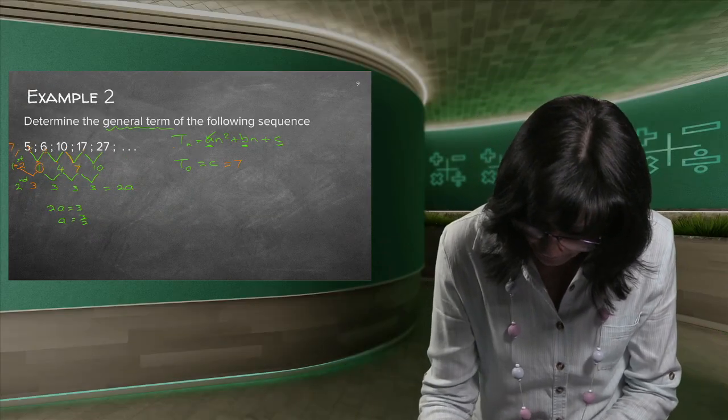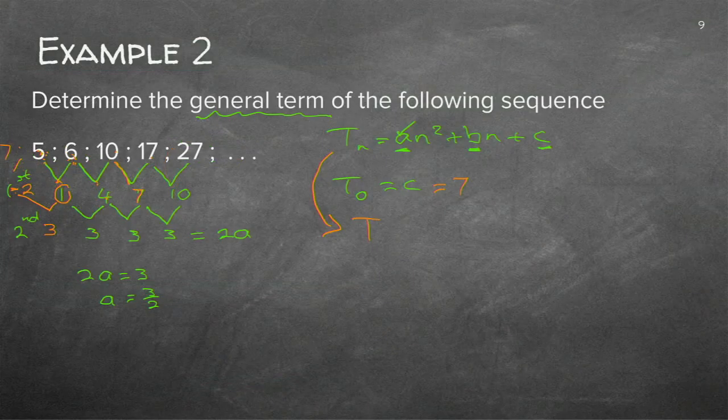So I'm going to take that formula there. I'm going to say Tn, the A was 3 over 2. The B I still don't have, but the C I have, plus 7. And the minute I've got one formula with one unknown in, I can solve it if I use term 1. Remember, I can use any term. I prefer to use term 1. So term 1 will be 3 over 2 plus B plus 7, because remember, you're making the little n a 1 now because you're on term 1.